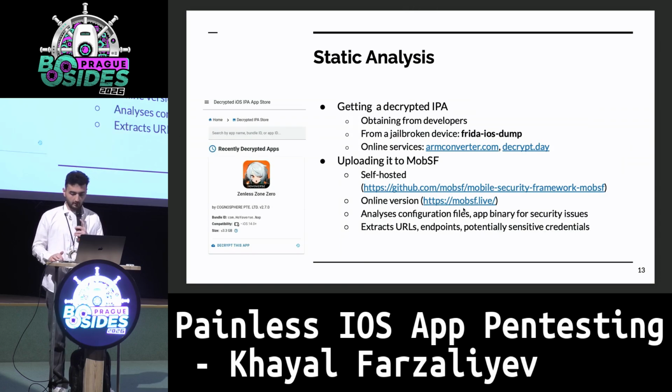Okay, now I mentioned earlier that the IPA you get from the Apple Store has an encrypted binary. If we want to do any serious static analysis, we need a decrypted copy. So how do we get one? The easiest path is to ask the developers. If you are doing an authorized audit, the development team can give you a debug build or an archive that's